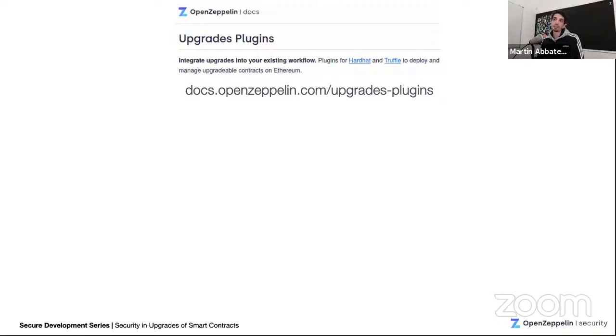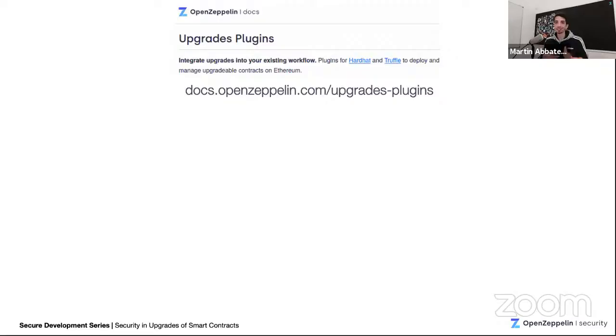So for instance, in OpenZeppelin, we have these upgrades plugins, which I super recommend you check out and see where you can integrate them into your project. In these plugins, you can trigger upgrades, for instance, in your tests or in your deployment scripts through very simple interfaces, in JavaScript in this case. And it will have embedded checks in these internal functions of the plugin that will make sure that your contracts are, for instance, compatible when it comes to storage layout, or that they have some initializer functions and that kind of thing. Many of the checks that I told you about today are already embedded into this plugin,